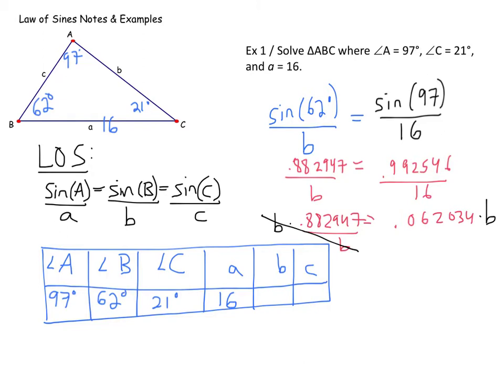Okay, and now I want to get b alone, so I'll divide by 0.62034. I guess that really didn't help me much. I'll divide this side by 0.62034. I'm kind of running out of space, so I'm hoping that your notes are going to look a little neater than this. But in the end, b is going to be